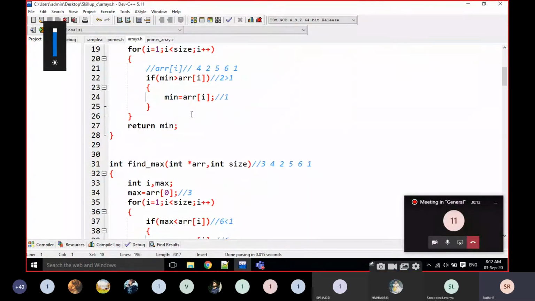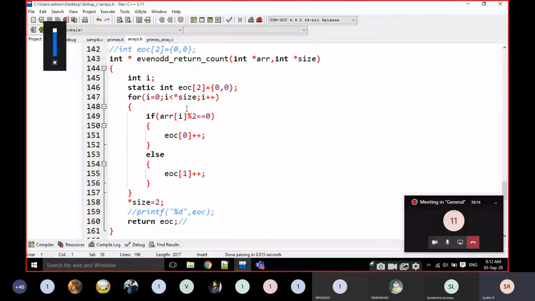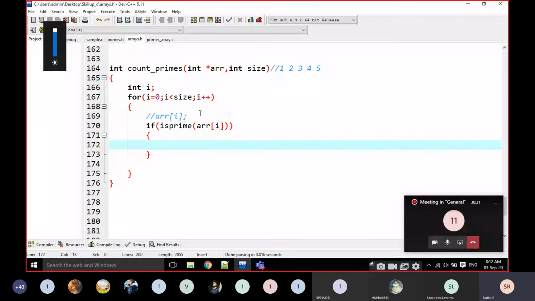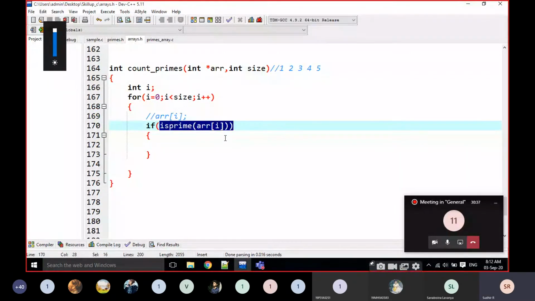So I am writing here, if is_prime of ARR of I. The is_prime functionality is already in primes.h.